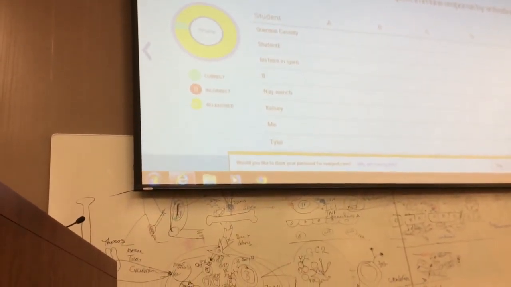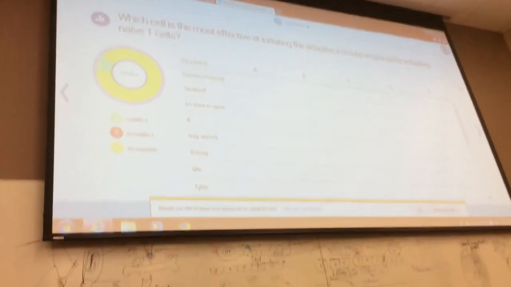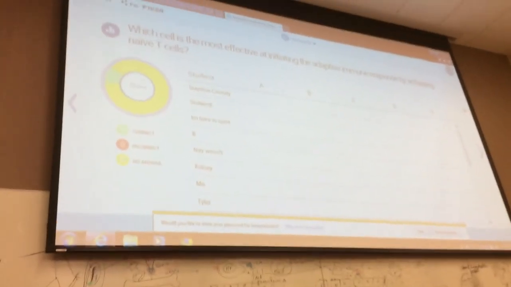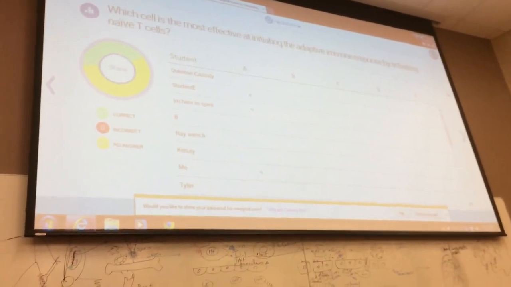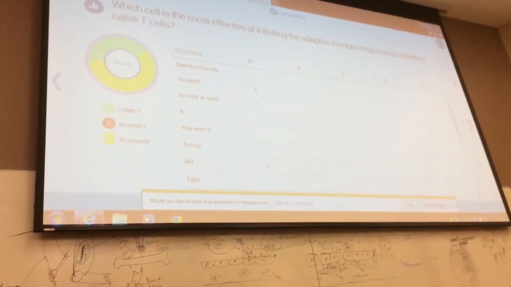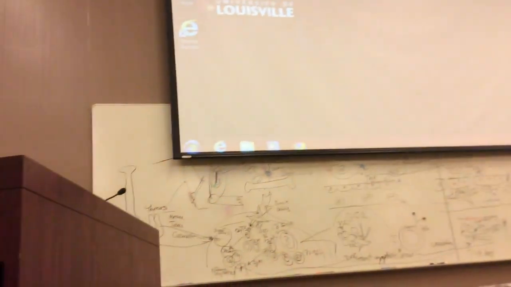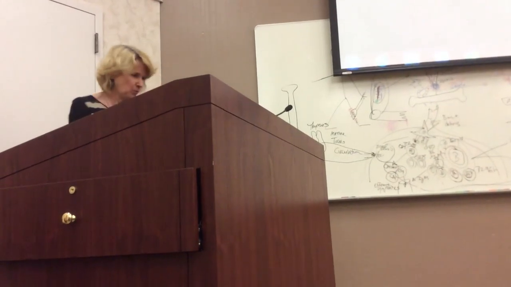Which cell is the most effective at initiating adaptive immune response by activating naive T cells? Can you do your thing there, whatever that is? The problem is, that's not helpful, because I want to go over why, if people have questions about why the wrong answers are wrong. That's why you need to. Okay, never mind, that's really silly. Who decided to do this system? It worked fine as iClicker, I don't get it. Anyway,